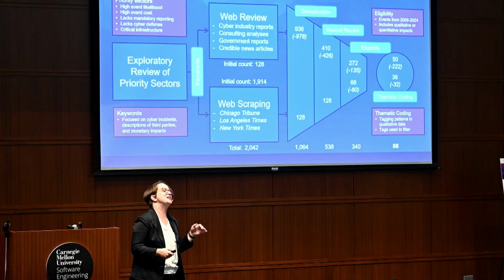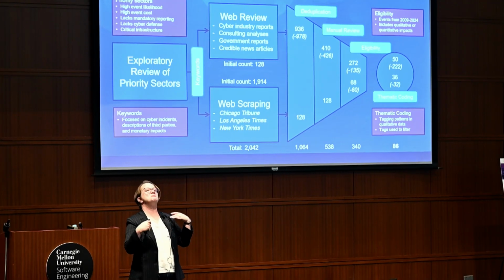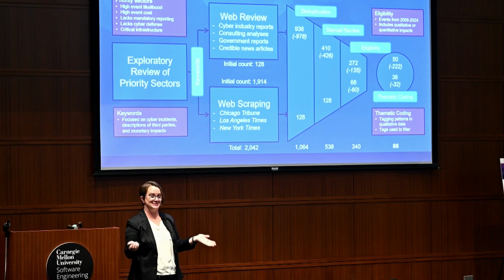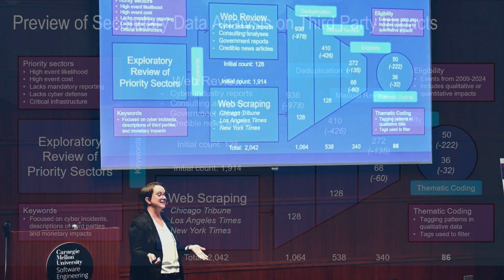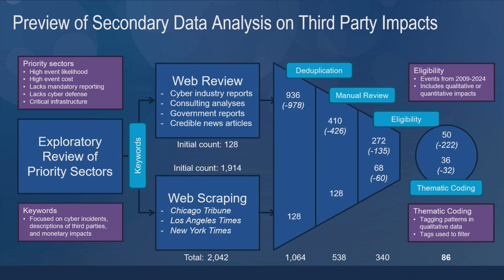Like I said, the other stuff was the easy part. Trying to figure out what happens to the average human being when things get disrupted is really messy because it's not reported consistently, right? So we went through a web scraping process. We focused on priority sectors that were either critical infrastructure or in this category of not having resources to respond to cyber incidents. So we have health, education, finance, utilities, energy,